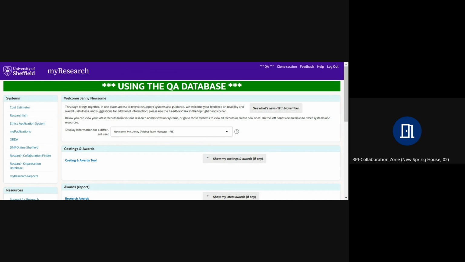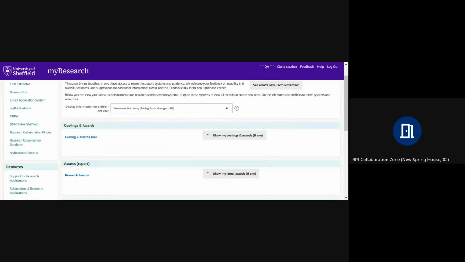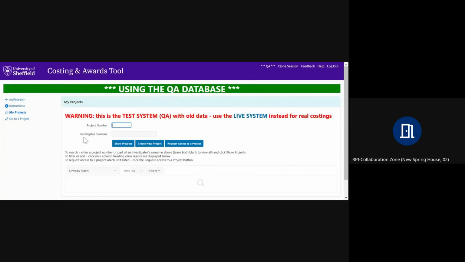So the costing and awards tool, along with other systems, are all available on MyResearch. So you'll see this page. It is something we are looking to redesign, but this is how it currently looks. And this is where you'd access the costing and awards tool. And just to say, that big green banner means it's not the real system, so the things you see here aren't actually real. So I'm just going to show you